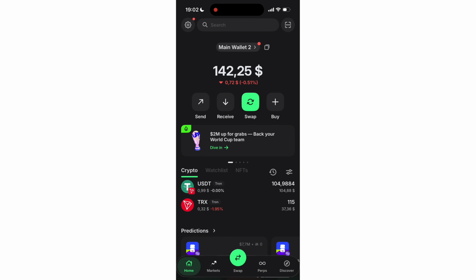After the order has been completed, simply open your wallet and refresh your token balance to see whether the demo